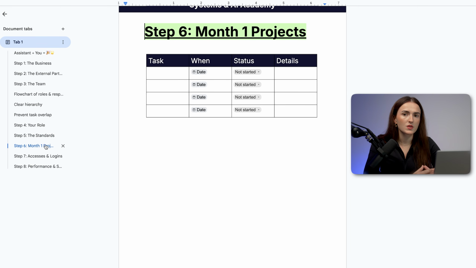And step number 6 is you defining the initial projects for the first month. This is really important because they are not just going to do reactive work and send messages, but they're actually going to free up your time. So you want to give them some projects or tasks that you've been working on and that you want to delegate. So give them those tasks, set some deadlines for the next 30 days, and have them